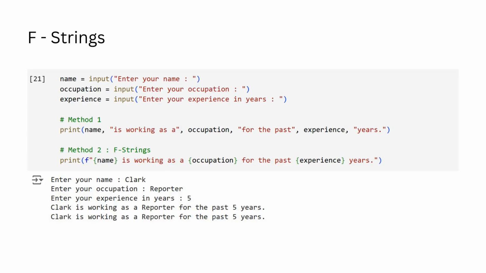Python has another cool feature called f-strings. Let us look at this example. Instead of the normal way of concatenating multiple strings, we can use the variables, which are to be printed, as placeholders within a single f-string. We just need to prefix the string with a lowercase f and enclose the variables with braces. F-strings are a very concise and Pythonic way to write output statements if they involve variables.